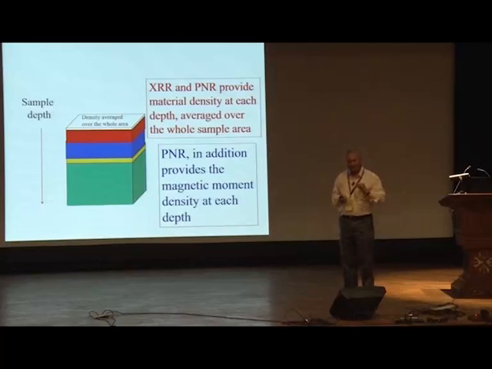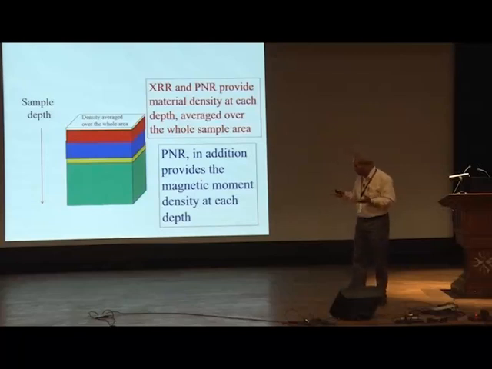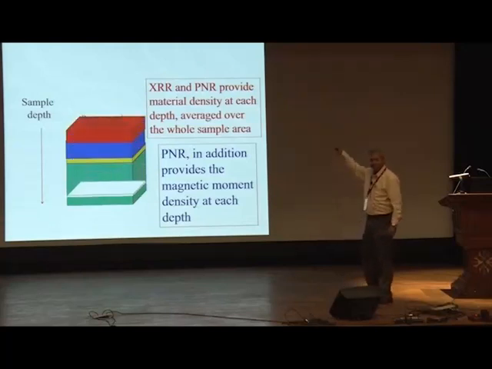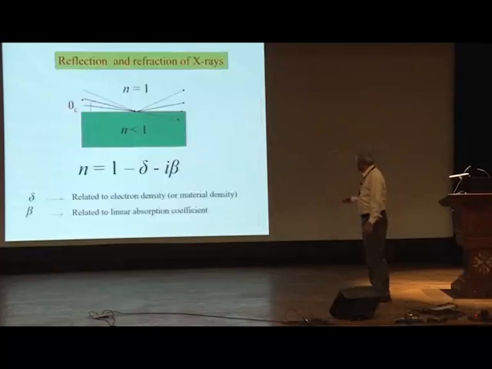Now, if you probe by this technique, X-ray reflectivity or polarized neutron reflectivity, you would see only densities of these materials or magnetic behavior of these materials. But we find something different that I'll go into. With X-ray reflectivity, what you get is a density averaged over the whole area of the sample. So if there is a distribution of density within the layer, you wouldn't see that. If you take slices of, say, a few angstrom and go deeper and deeper, we see the average density over that layer. We just keep on probing different depths, with the density information averaged over the whole area.